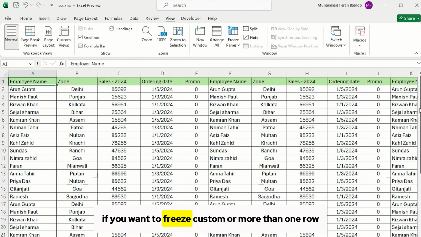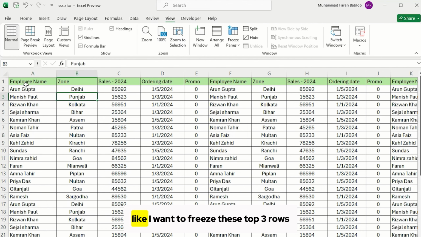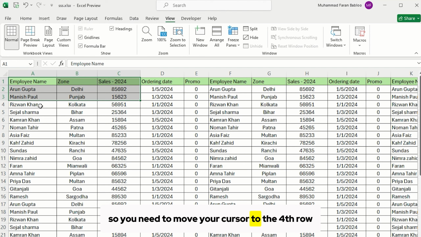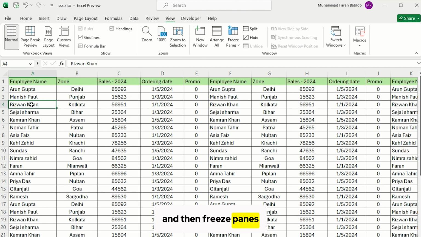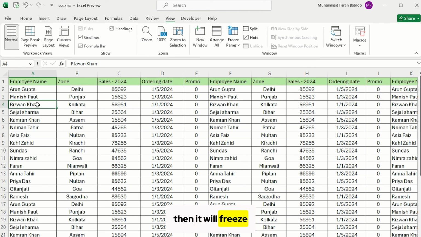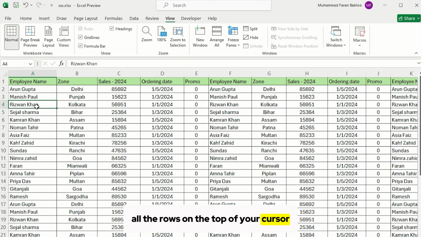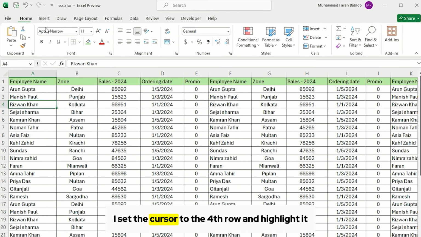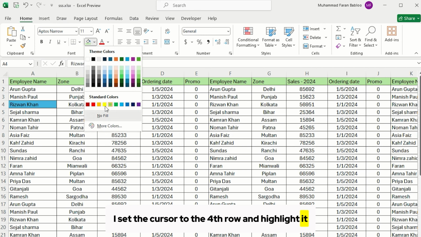If you want to freeze custom or more than one row, like I want to freeze these top 3 rows, so you need to move your cursor to the 4th row and then freeze panes. Because where you set your cursor and freeze panes, then it will freeze all the rows on the top of your cursor. So just for showing you, I set the cursor to the 4th row and highlight it for better